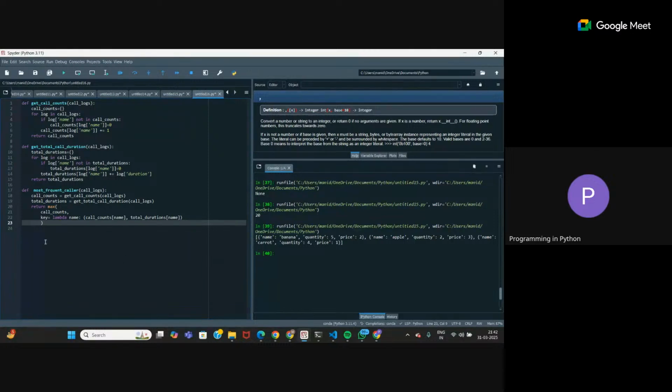All right. Now we have to write the main function. So main is your process call logs function, same as the last one. Process call logs. What will you take as parameter? Your call logs and the task.